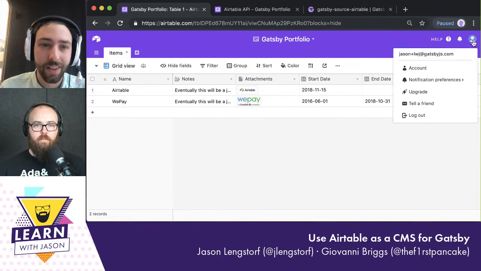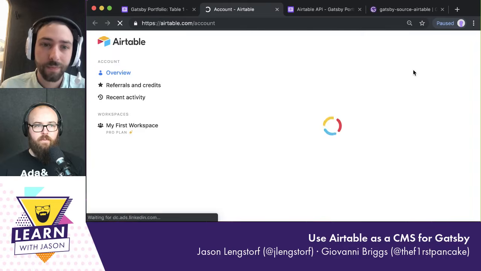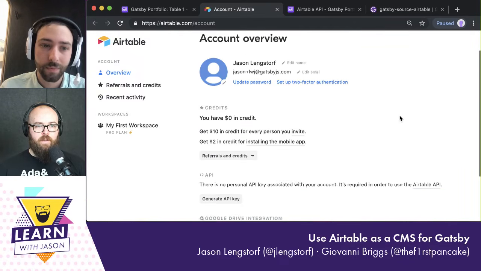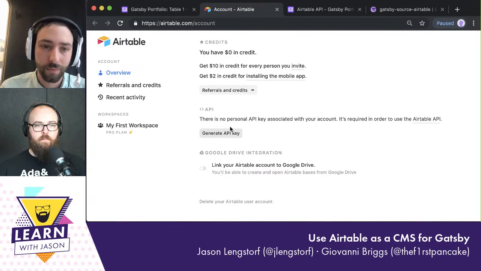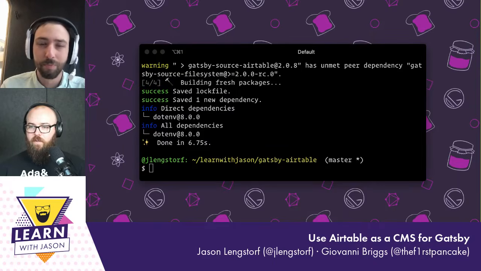So I have my avatar here. I'm going to account. All right. And I can generate an API key. So I'm going to click that button, but I'm going to pull off screen first so that I don't,